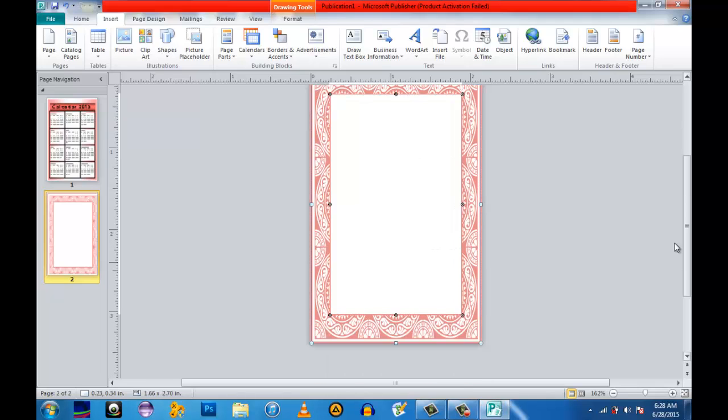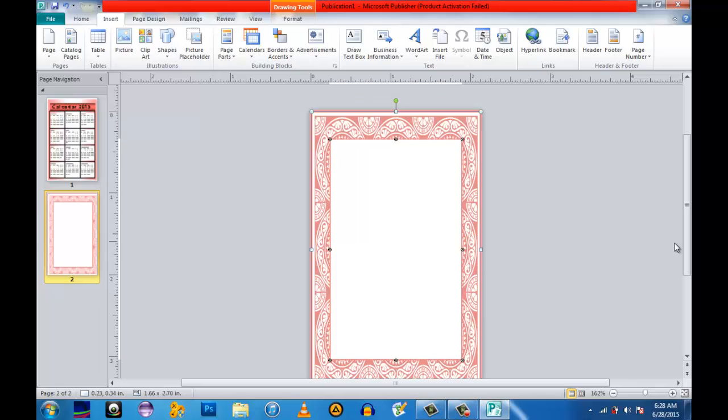And in this time, you can now add a photo that you want to use. So just click insert, then picture. Select the picture that you want to add.